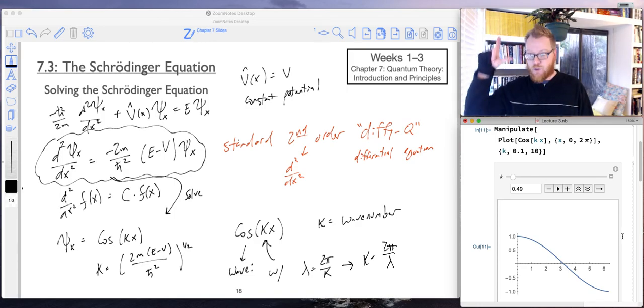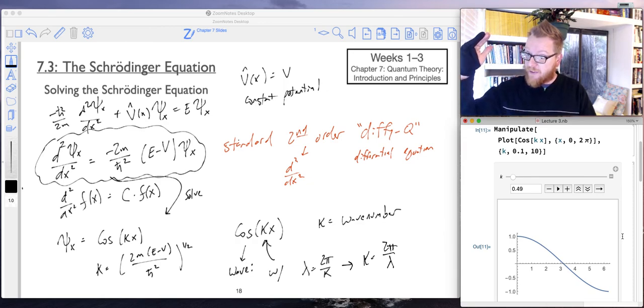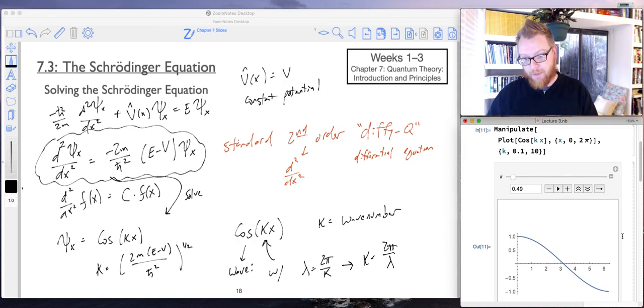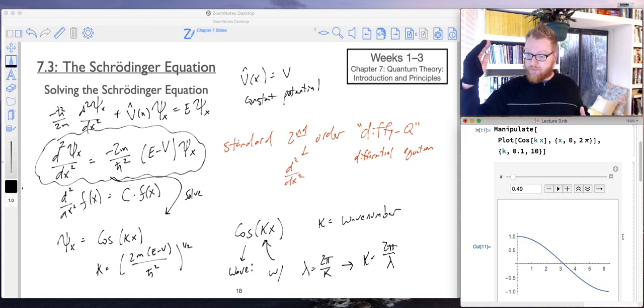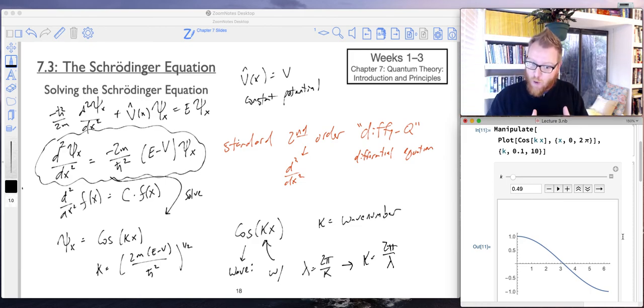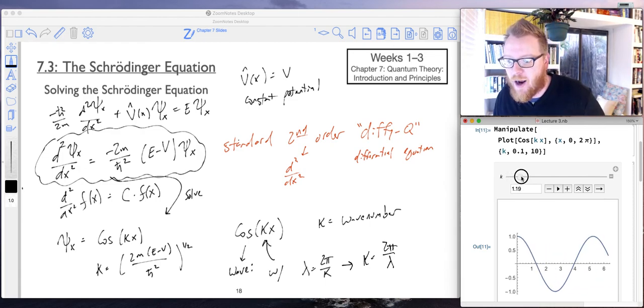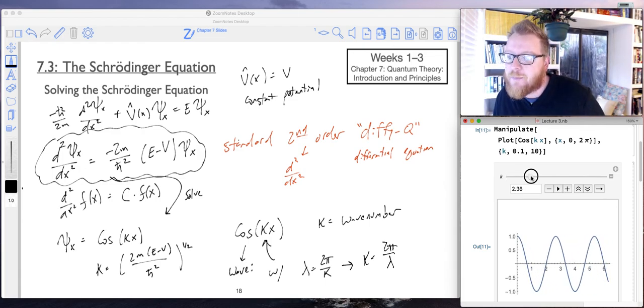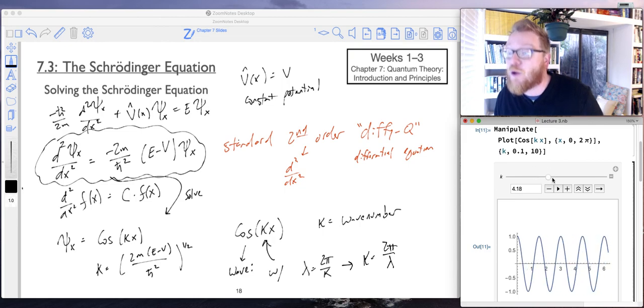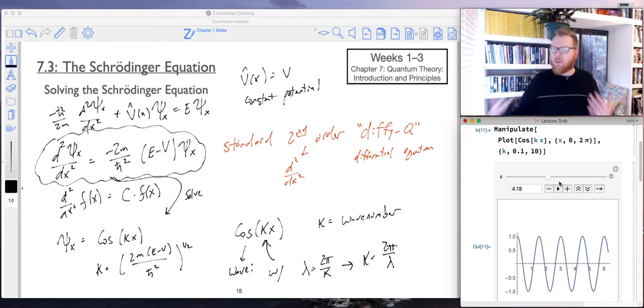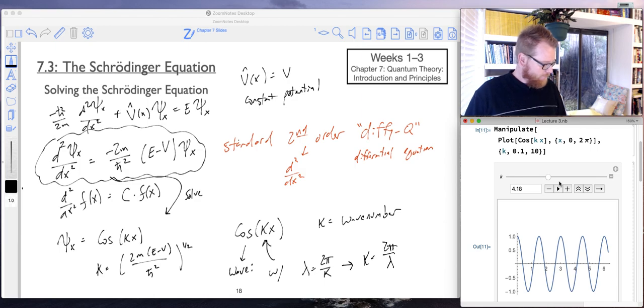Okay, so small wave number, big wavelength, small energy. On the opposite hand, all right, a large wave number is a small wavelength, which is a big energy. And if I scale now my wave number up larger, you can see I'm getting smaller and smaller wavelengths, which would owe to bigger energies. Okay? And so